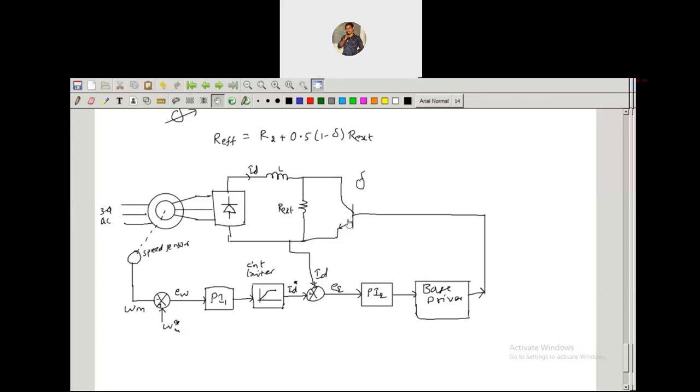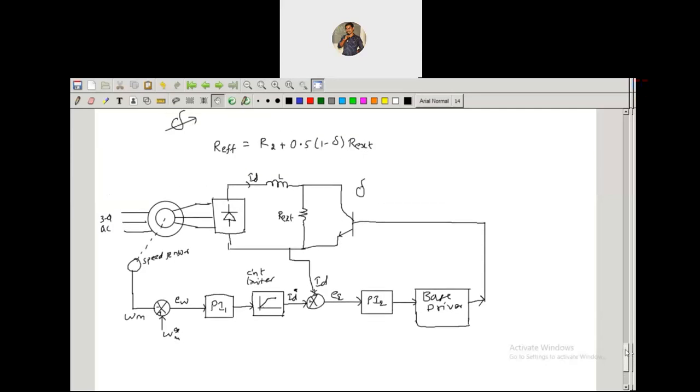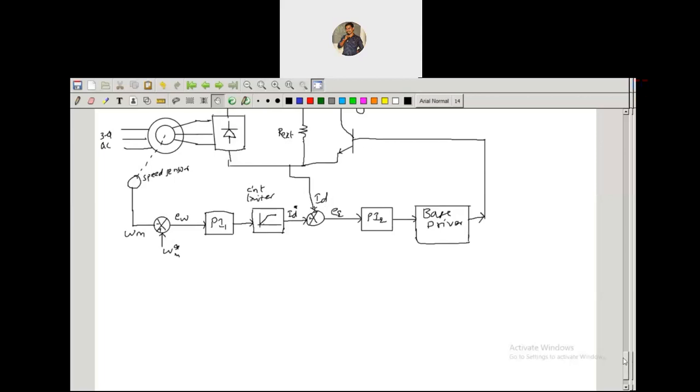Okay. So that covers the closed loop speed control of the induction motor by means of static rotor resistance control. With this, we can get smooth variation of the resistance, and also simplicity in operation using closed loop control. This is one of the methods we have seen. We still have two more methods, that is the static Scherbius drive and also the static Kramer drive. Those will be discussed in the coming lectures.